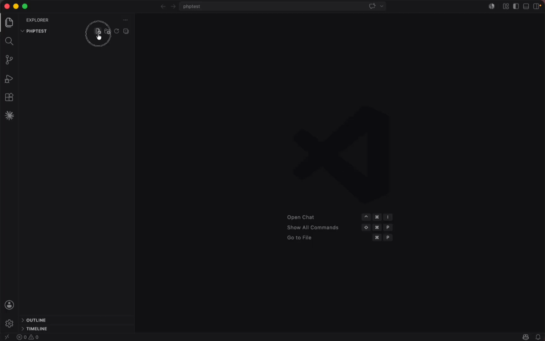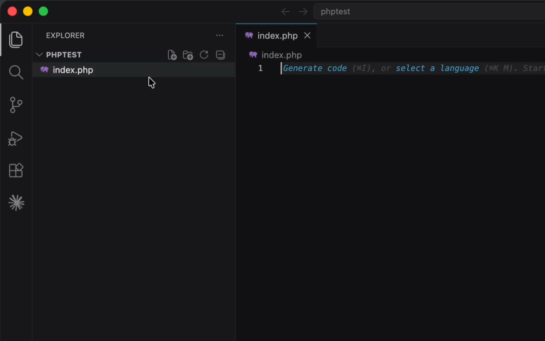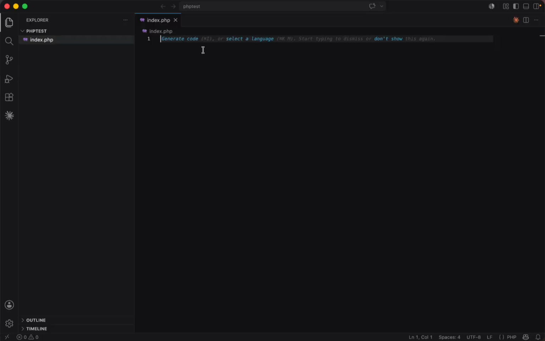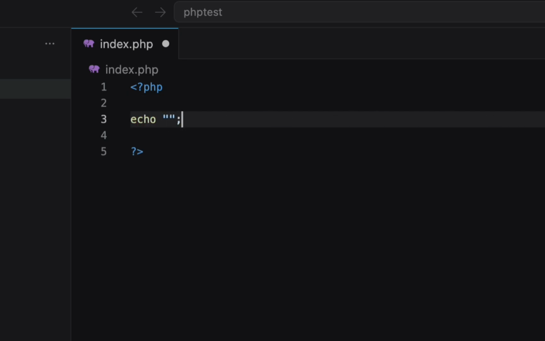Now we are going to create a new file, and I'm going to say here index.php. So here I'm going to write the PHP sign. Okay. And to print anything you want to print, you have to say echo, then double quotation or single quotation, and inside it, let's say, Hello from PHP. If I save it and if I want to run it, then I have to actually go